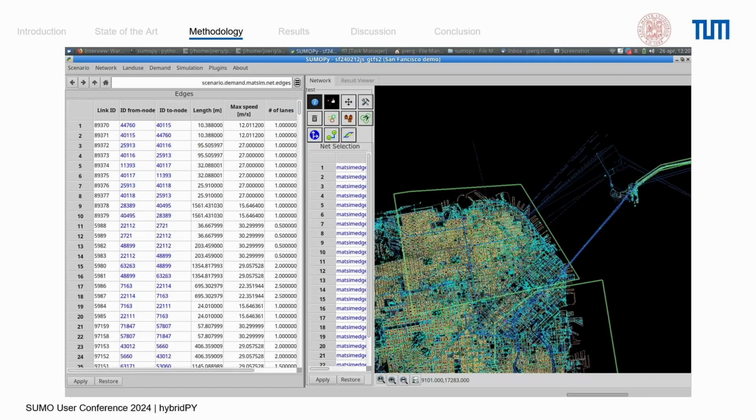And it will replace the SUMOPy package, so SUMOPy will disappear and HybridPy will appear. So that's the main GUI, where you have on the left side a data browser. You can click on edges and you see the properties. You can also have tables. And what you see here is the